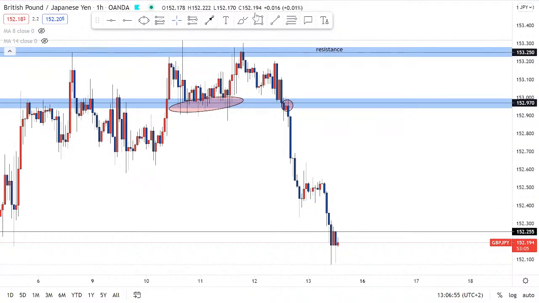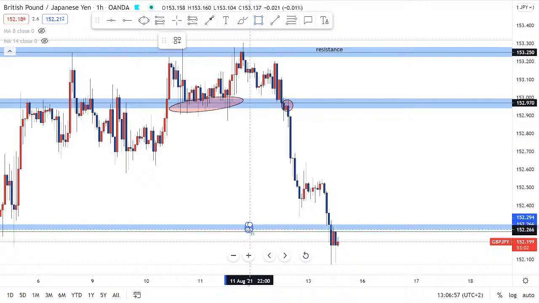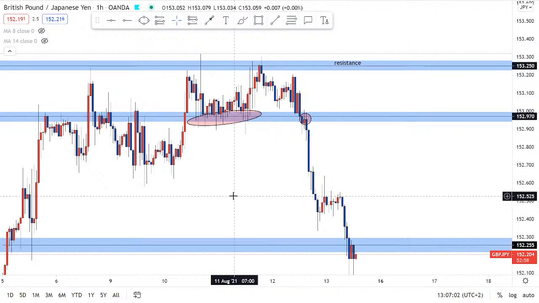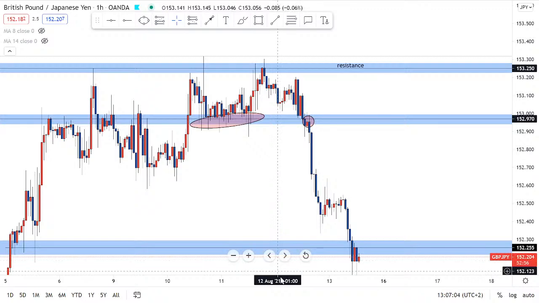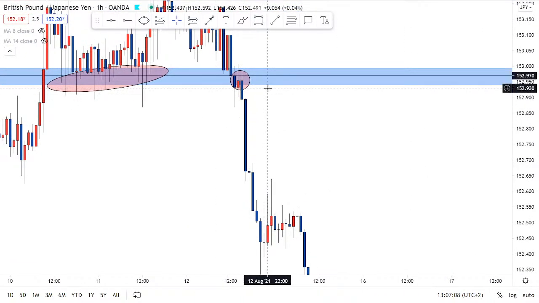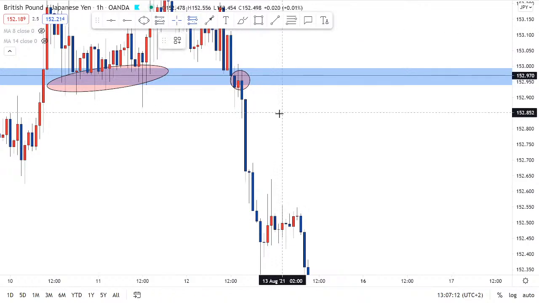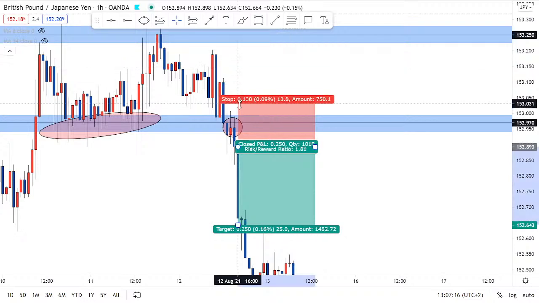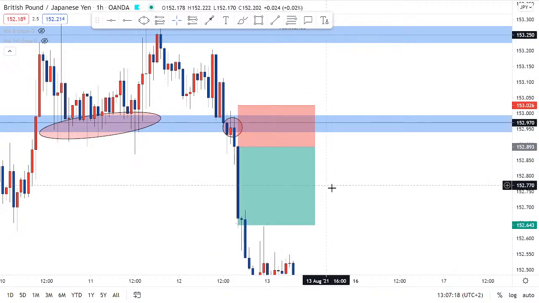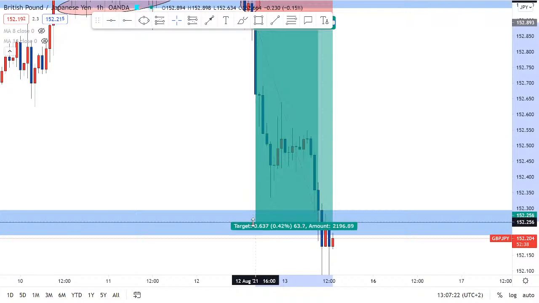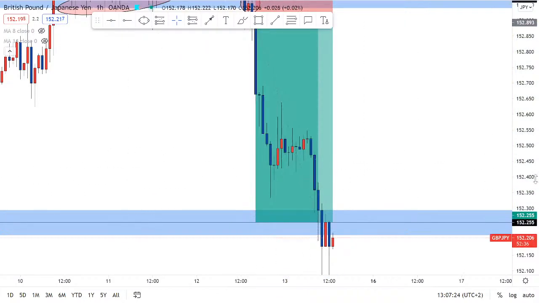So let me just draw this support here. Look what happened after the breaking of this support. Let's say we took a trade just after this candlestick has closed. We entered here. Stop loss, we're just gonna put it above these areas here, and our TP has to come to this level here. And look what happened. The market did exactly